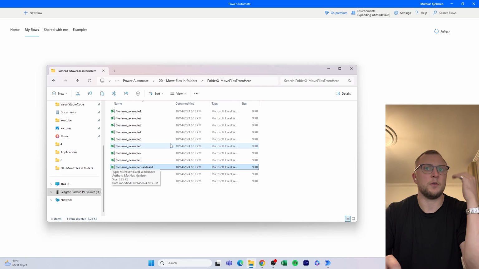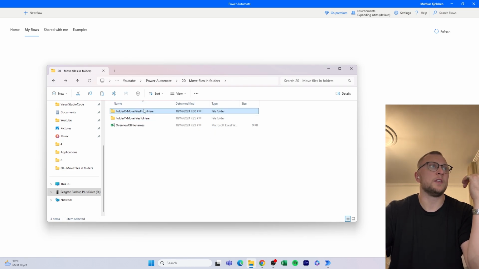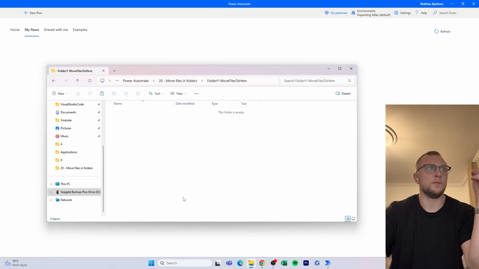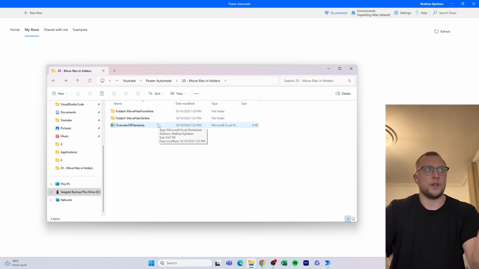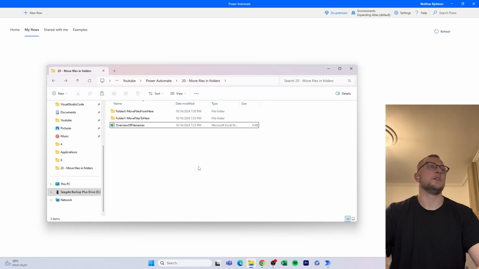How do you do that using Power Automate Desktop? It's pretty simple actually. They need to be moved from here to folder Y, which is currently empty. And they need to be moved over there if they are listed